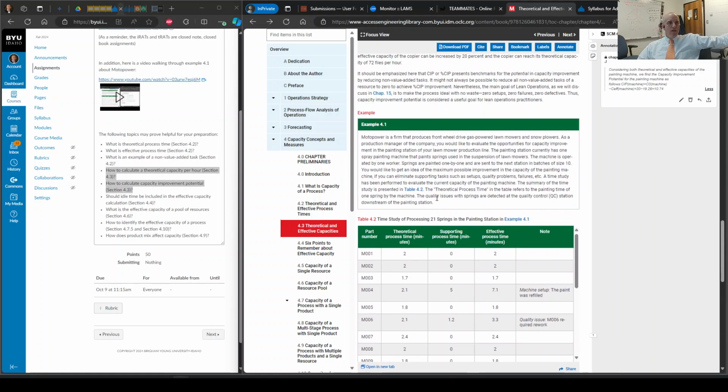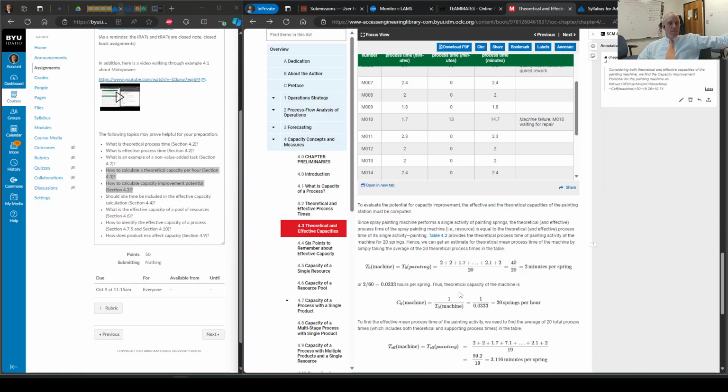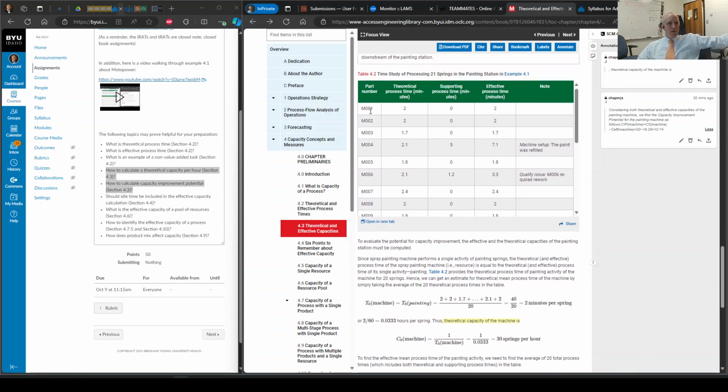Up above here is calculating the theoretical capacity of a machine. Highlight that. This quick example here, this is a spray painting machine. It performs a single activity of painting springs. And what they've done is they've had a number of parts that come through this machine, and they've split